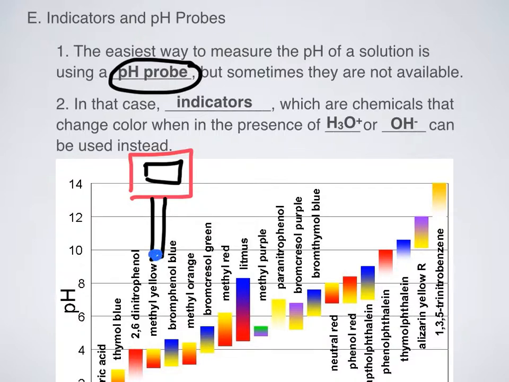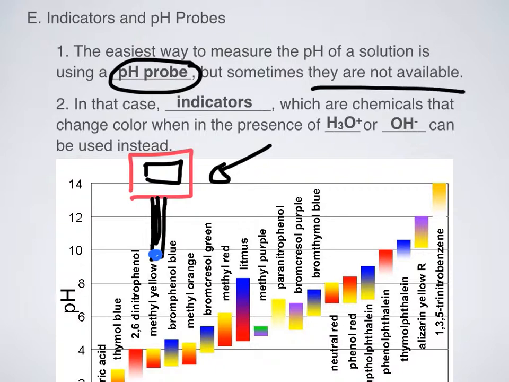In fact, this is my sort of crappy drawing of what a pH probe looks like. It is a red plastic pH measuring device. There we go, that's a good way of saying it. It has this weird black sort of tube thing, and then if you look inside, a glass electrode which converts sort of electrical potential stuff into a pH reading for us. And it is without a doubt the easiest way to measure the pH of a substance, but sometimes